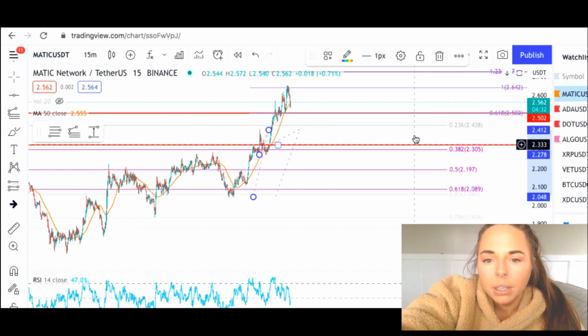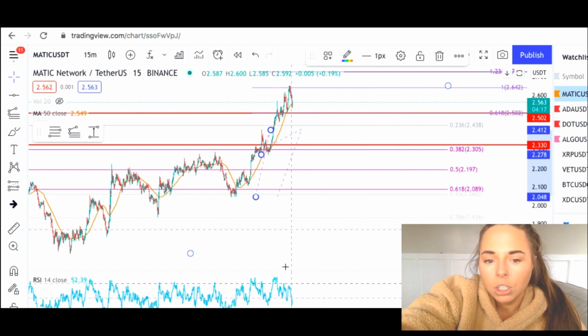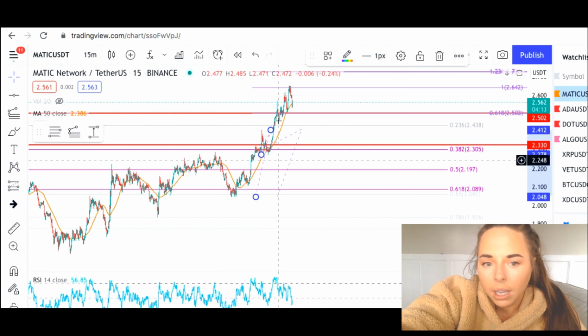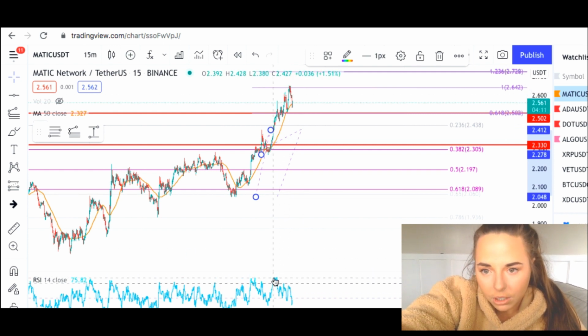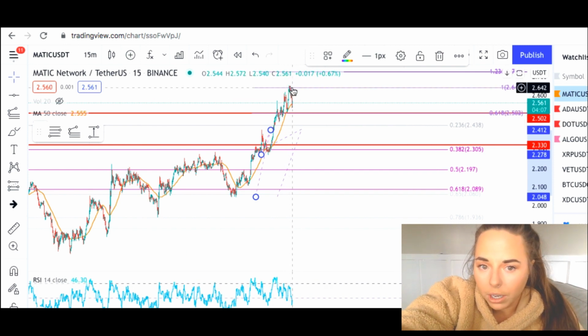So I put in here in red my two entries into my position, and it averaged out to about here, 2.415. So this is my entry now, short. Basically, as this comes up for a new high, I'm watching RSI to make sure that it's losing strength. It's making new highs, but it's losing strength, and it's also losing strength at another target for a fifth wave.